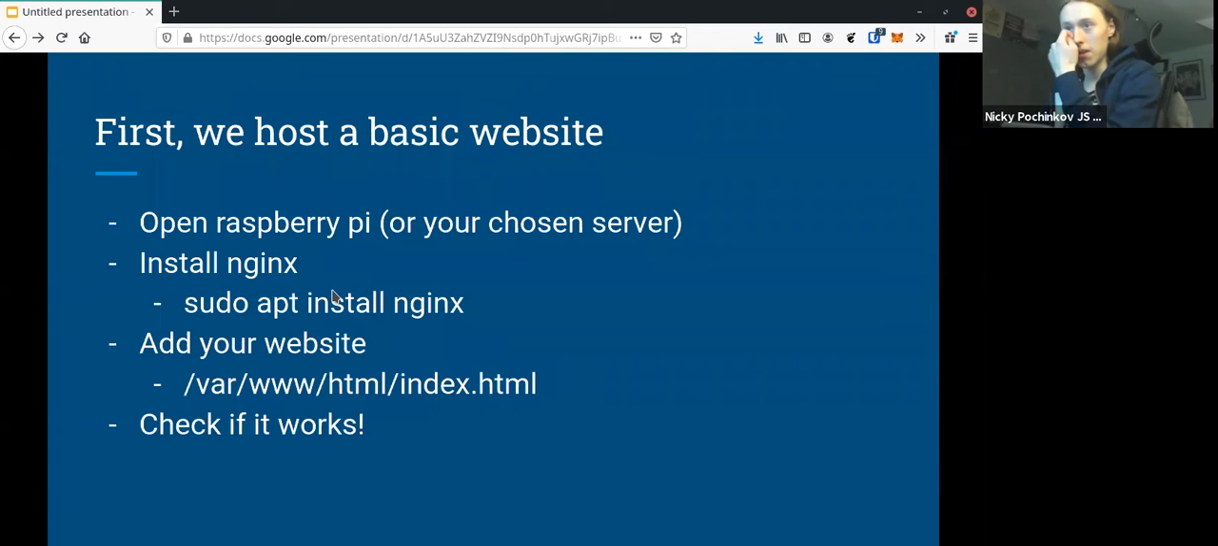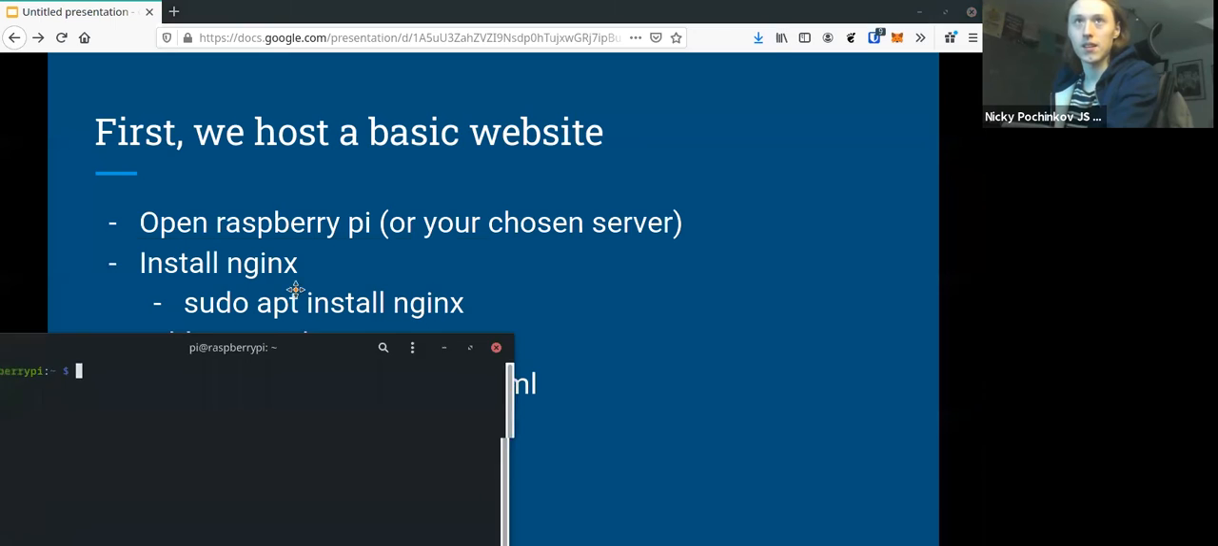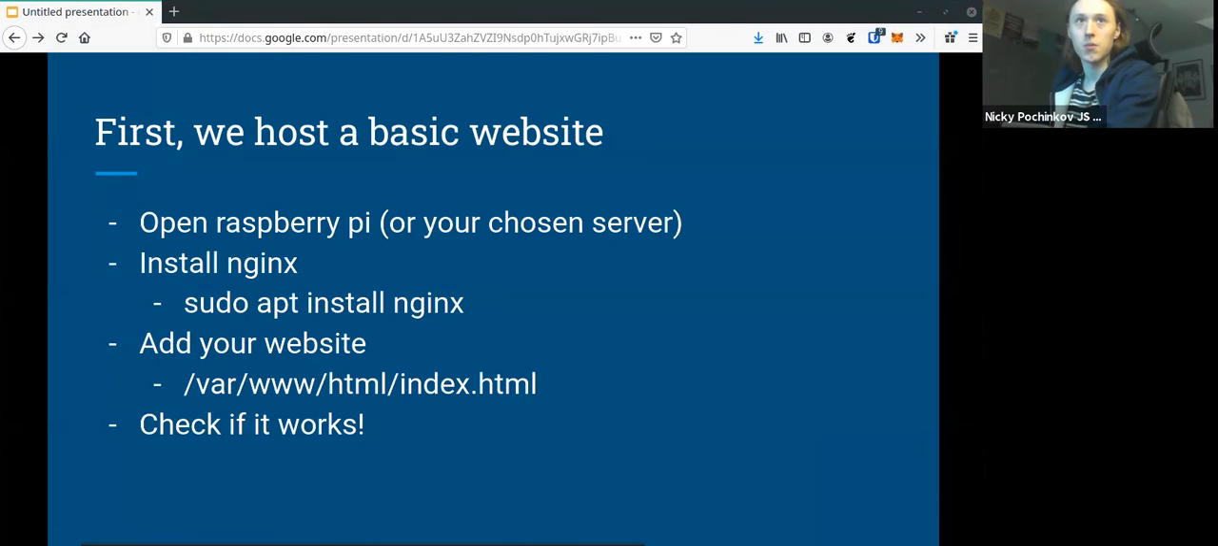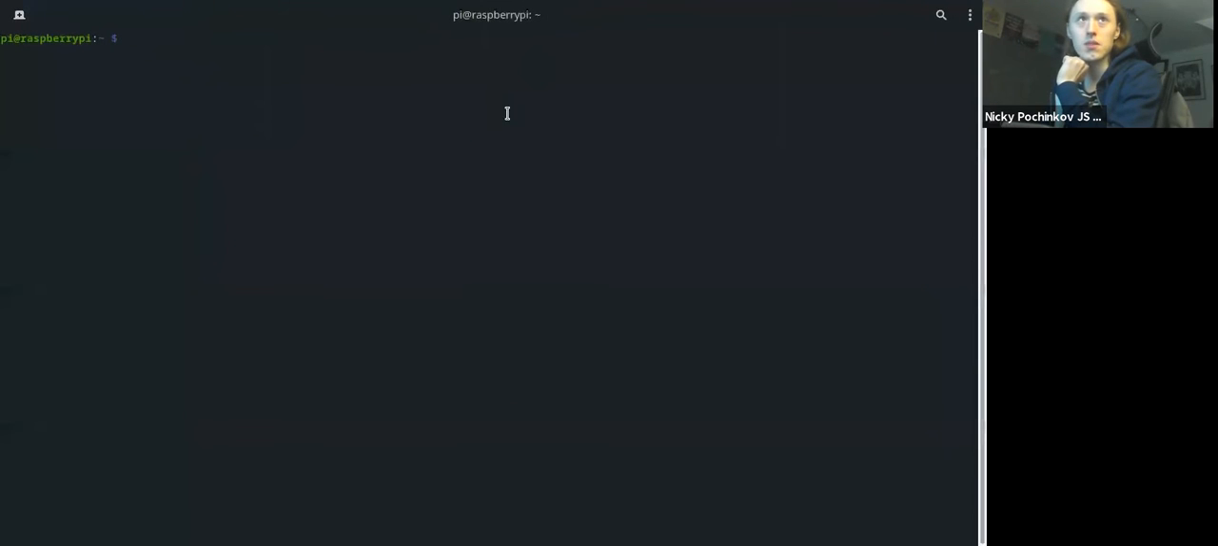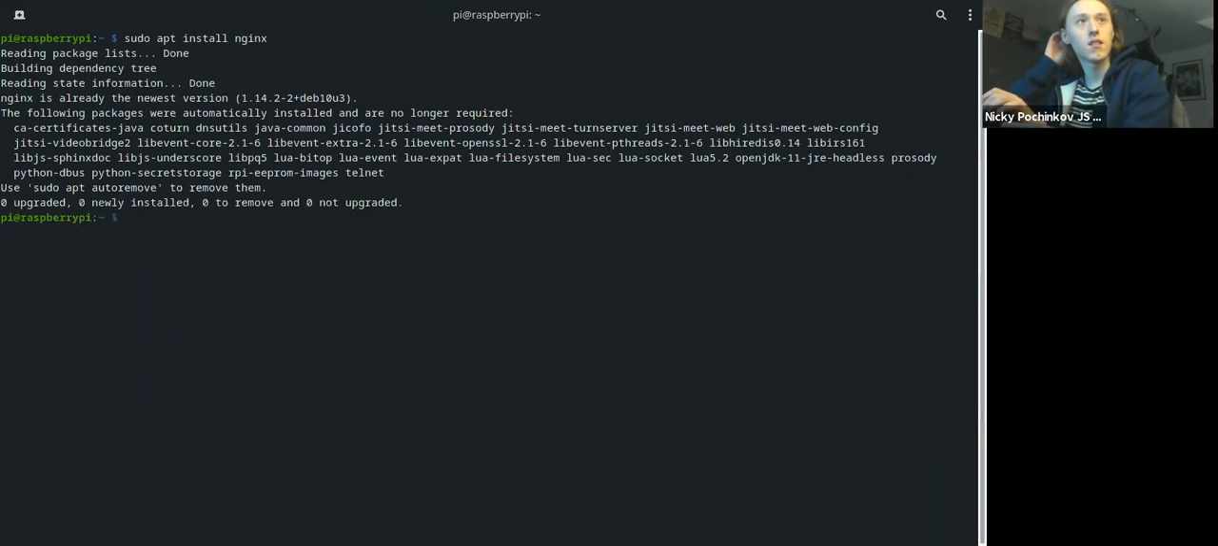So first, how about we host a quick basic website? I'm going to open up the terminal, and we're going to install Nginx and create a simple basic website. What we'll do is we sudo apt install nginx, and it's installed. I already had it installed, so maybe your message might be different. And by default, there's a configuration that if you put something in this folder, /var/www/html